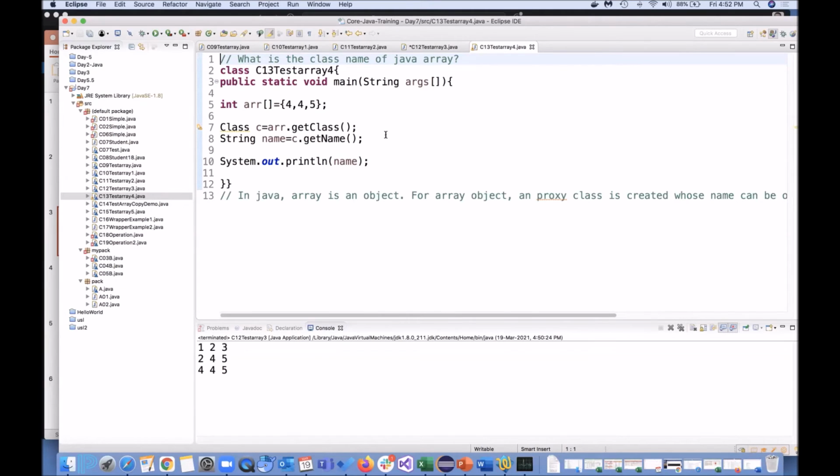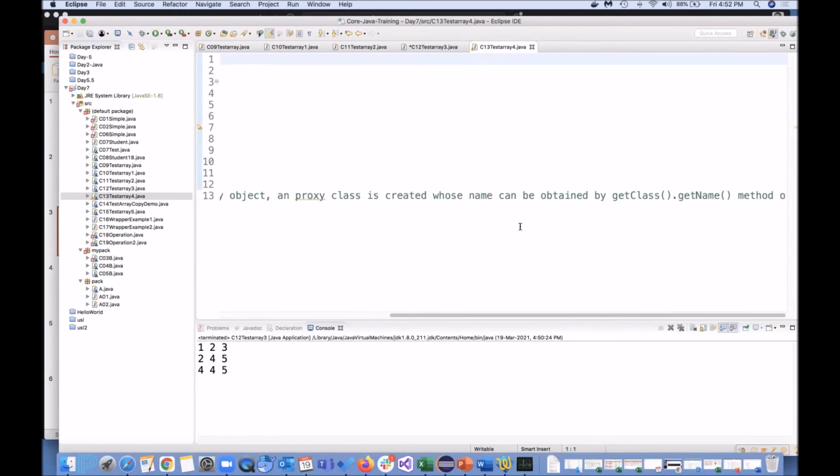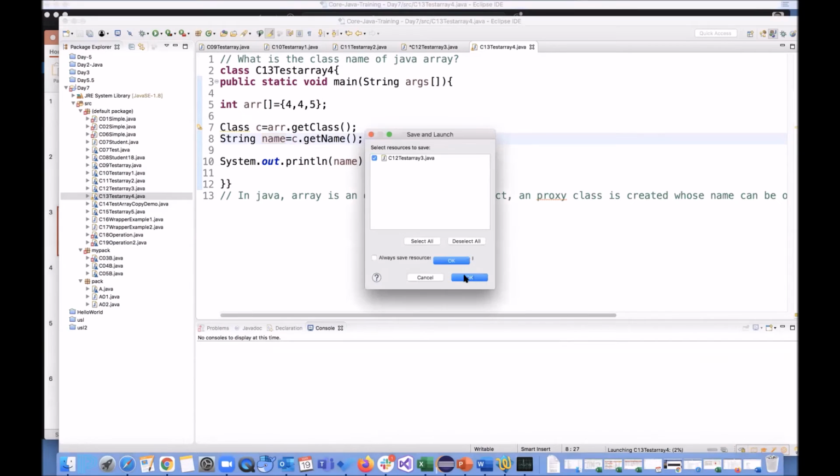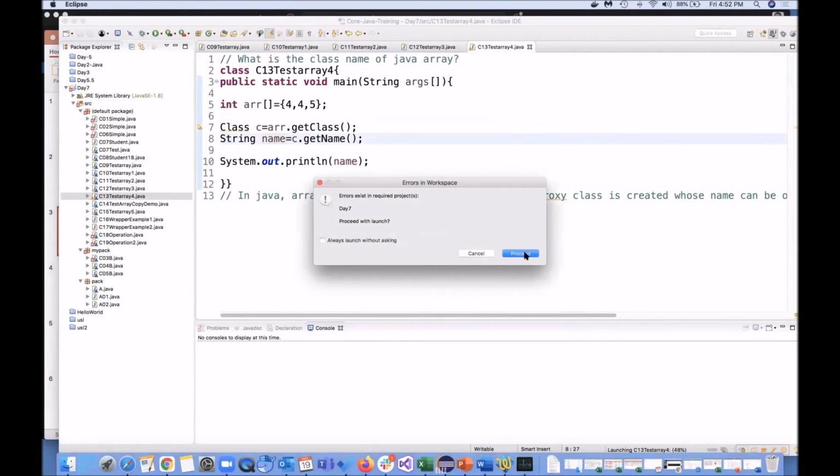So what is the class name of an array? Let me directly run it.